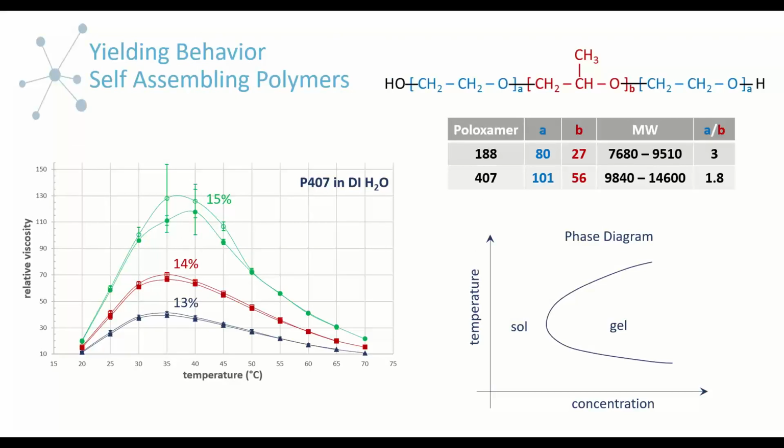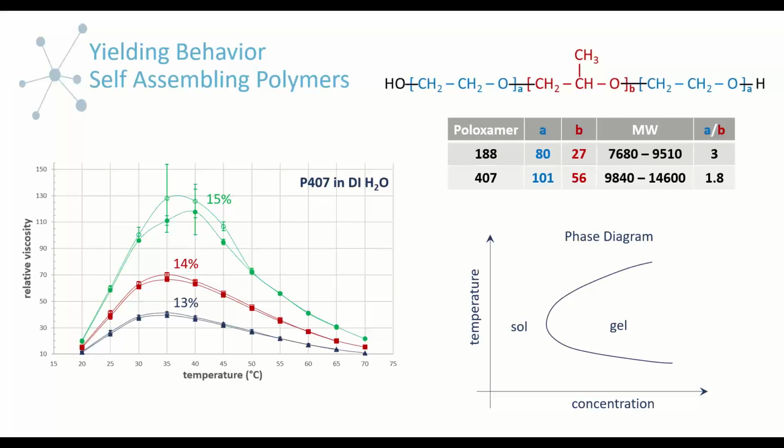So our example here for a material that would yield is something we've talked about before. We're looking at a polymer that self-assembles in solution. This is a poloxamer, a tri-block copolymer where the mid-block, due to this extra methyl group, is more hydrophobic, so it will self-assemble under certain conditions. And so, the reason that we can see yielding in this particular